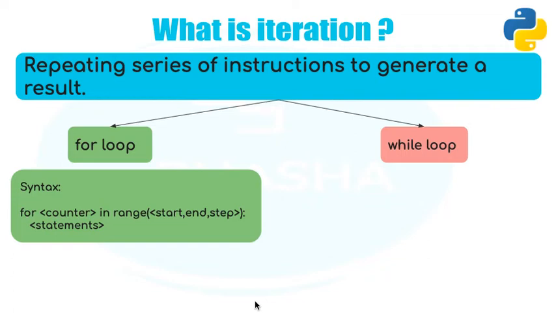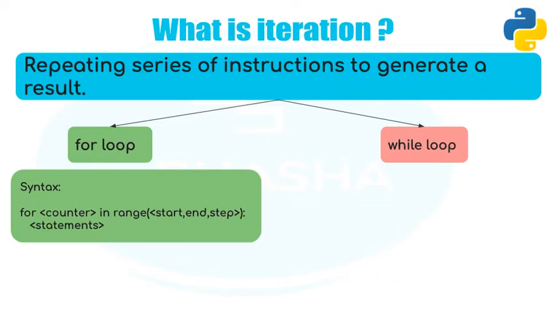If I give you an example, to write the name CS Bhasha 10 times, you're going to start counting in your mind from 1, then second time, third time, fourth time, and you will go till 10, which means you're repeating the printing of CS Bhasha how many times? 10 times, where you start the counting from 1 and go till 10. Therefore, you have a counter where you start and you use a range function. You use a range function to tell the start, the end and the step value.